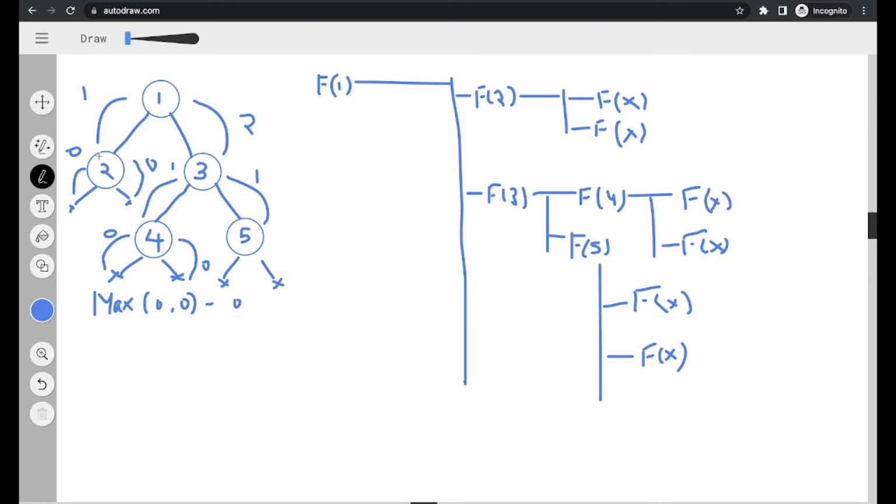Now the left child has returned 1 to it, and the right child has returned 2 to it, and now the final answer will be maximum of 1 and 2 plus 1, which is 3. So friends, as we can see over here, maximum of 1 and 2 plus 1, we have to add 1 also. Maximum of 1 and 2 is 2 plus 1, which will result in 3. So the entire height is 3 for this particular binary tree, and this is the entire recursion call stack. I hope I was able to make you understand this.